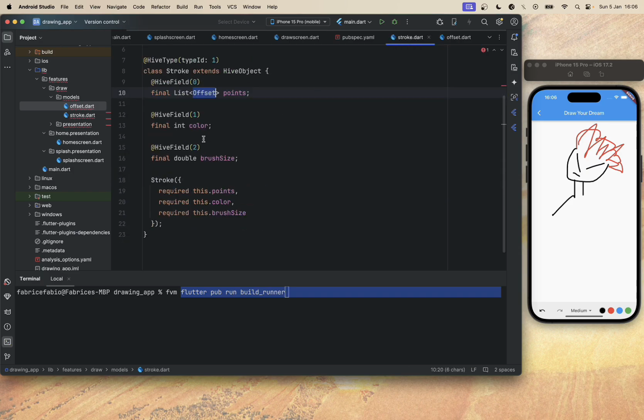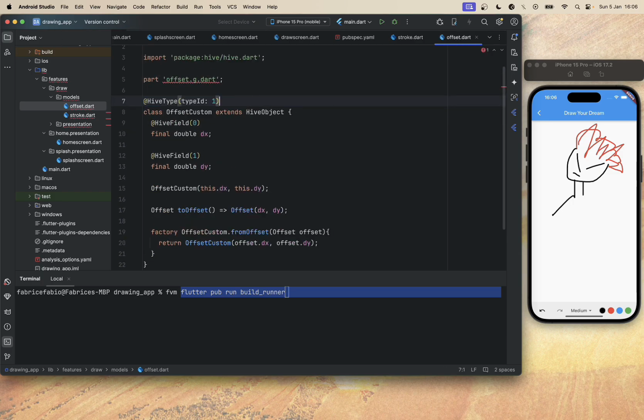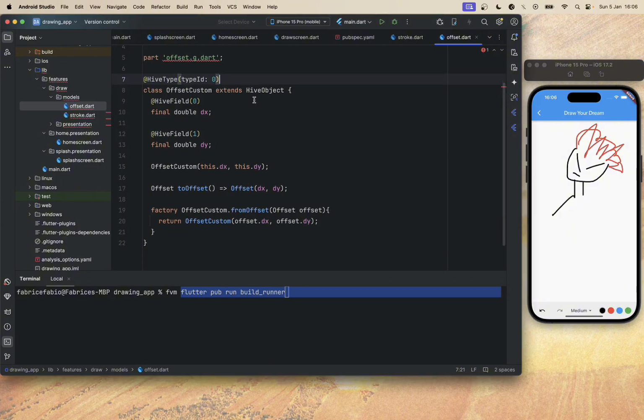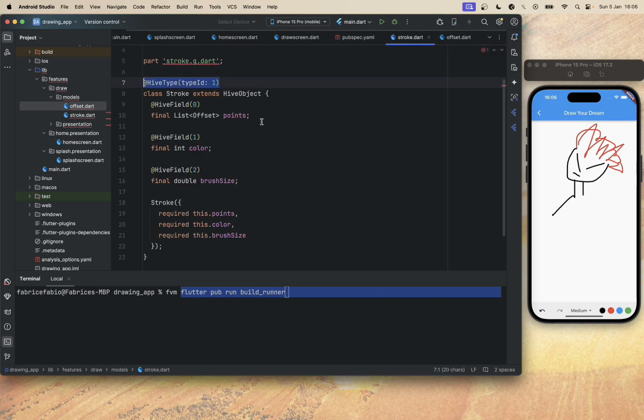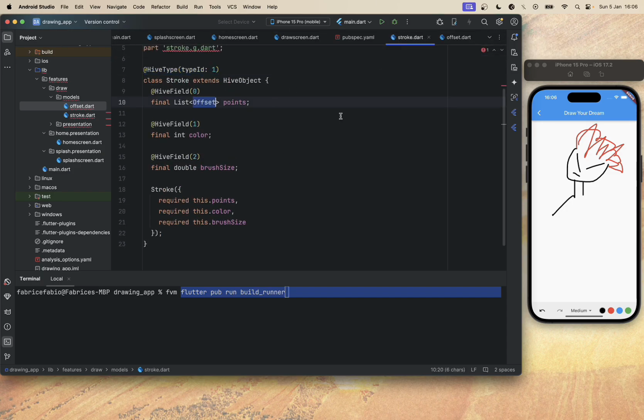and as we just did previously for the stroke, we will add a type, and the type, for example, we can set it to 0. And yeah, I think this should work. So inside the stroke, what we are just going to do is to call, like, offset custom. Okay, custom. So if I click on it, as you can see, okay,